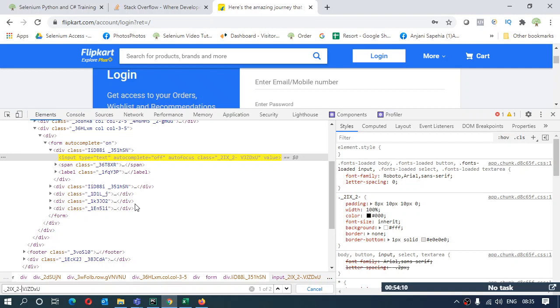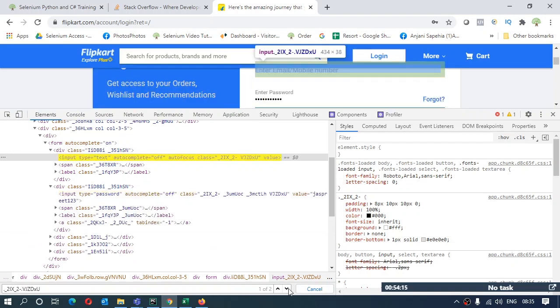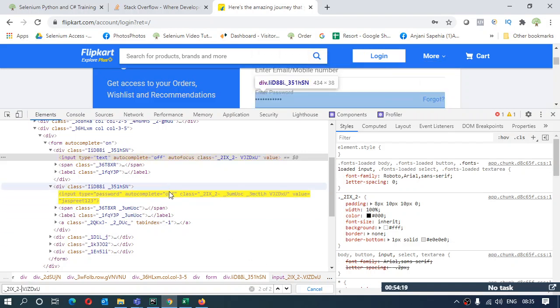Now there are two elements which are using the same classes. One is the username text box and second is the password. So I'm getting it highlighted over here like this. Now for the password, you can see there are more classes associated. One is this, one is this, one is this, one is this. Right.